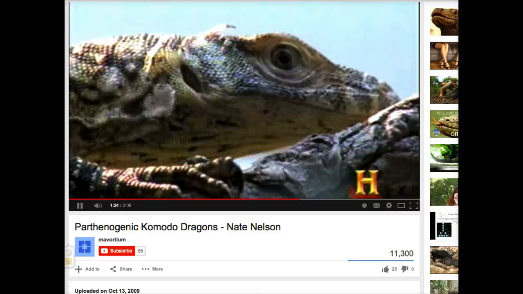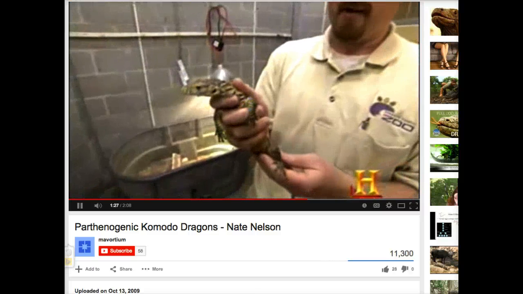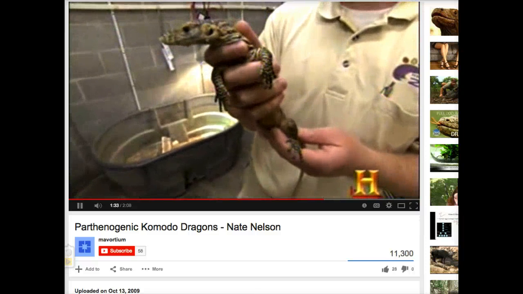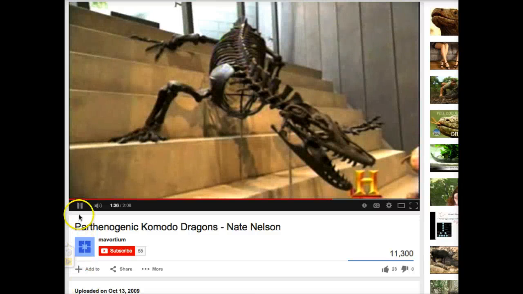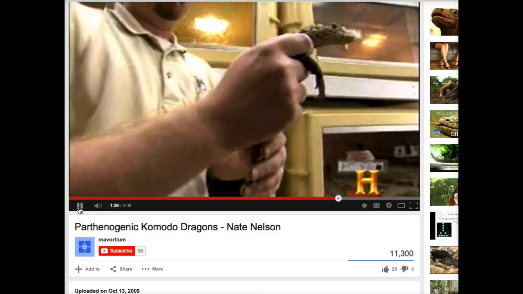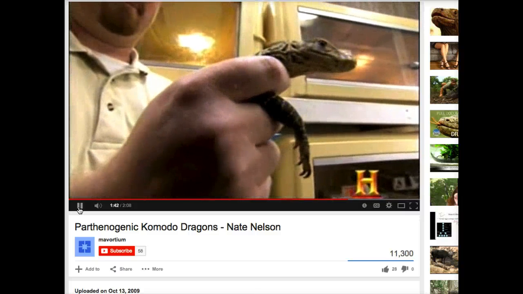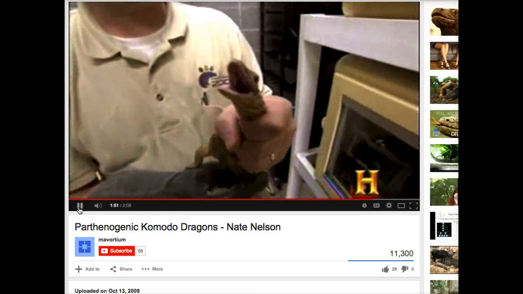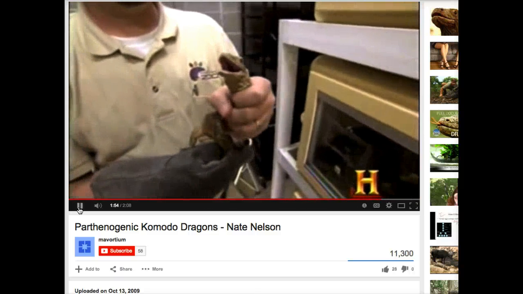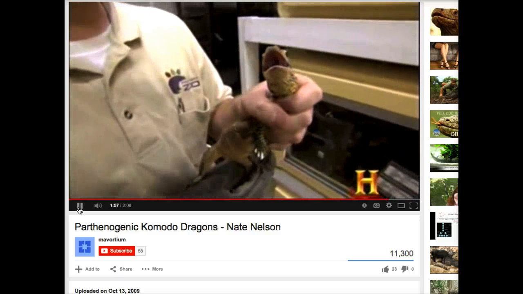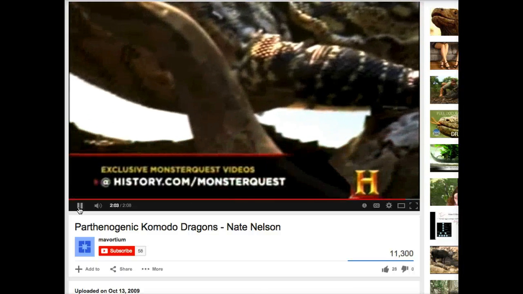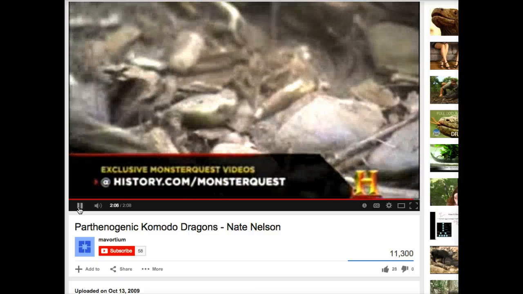At this size right now, this dragon is really fast, really agile, and that's an adaptation for getting up in trees and away from the predatory big adults. And they'll live up in the tree for up to a year. But does this mean Megalania could maintain a population through parthenogenesis? Nelson points out a problem with that theory. It would be impossible to get a female because you cannot get the chromosome combination that makes a female. So reproduction without a male is possible, but only for a generation at a time. Still, believers maintain that a large population wouldn't be needed to support a species if that species is concentrated in a small area with sufficient food supply and places to hide.